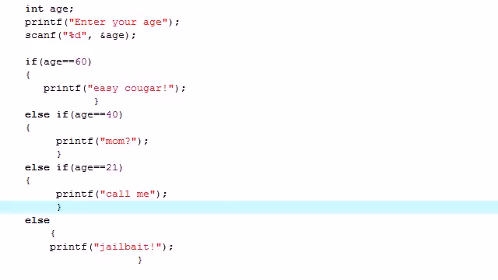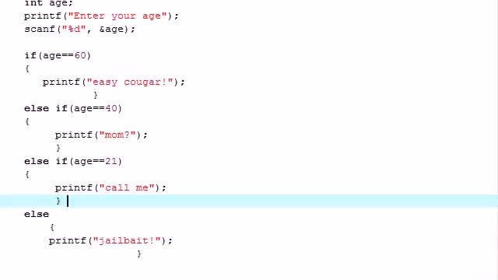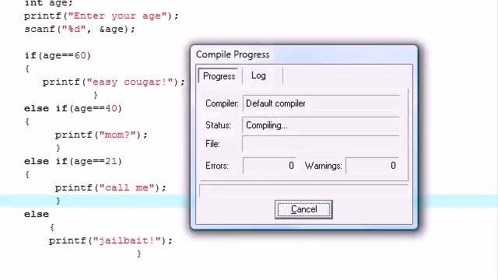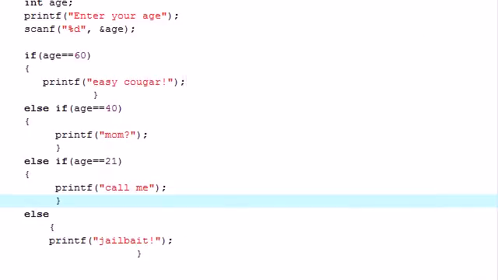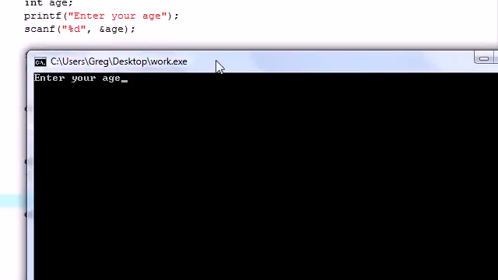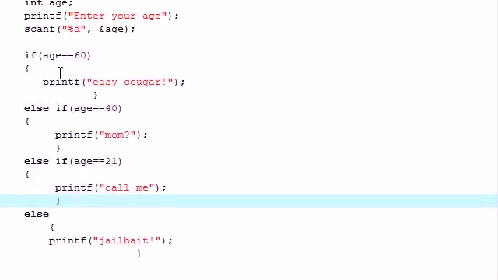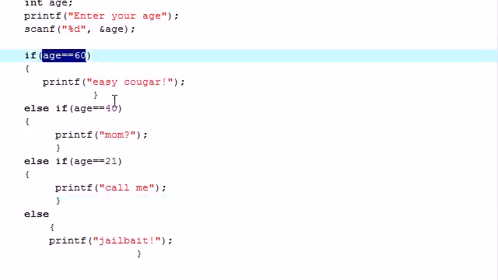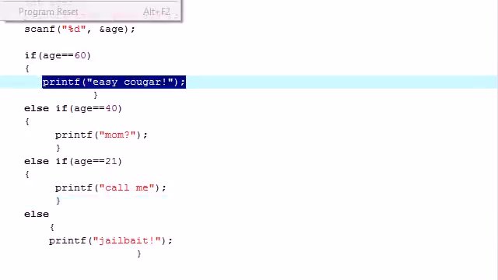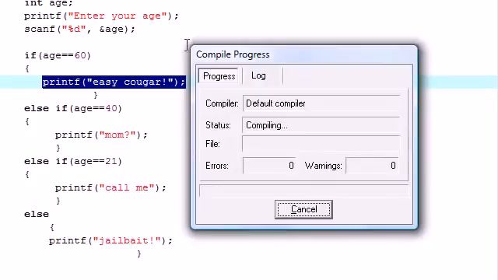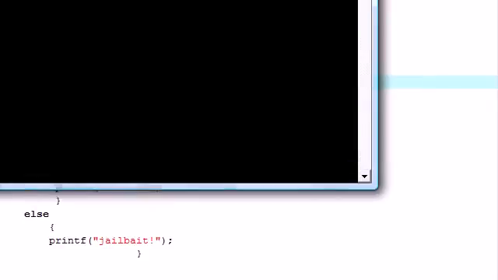All right, so again, let me run this program and let me show you guys what this does, and then I'll talk you through it one more time. Hopefully I didn't forget any semicolons or anything like that. Doesn't look like it. Enter your age. So the person enters 60, press enter, easy cougar, and that's because the age was exactly equal to 60, so it printed easy cougar. And let me run this one more time and show you guys what it does if none of these values are entered. So enter age,